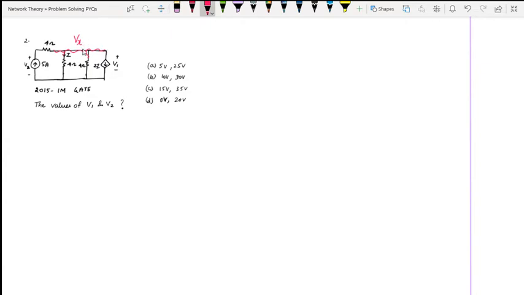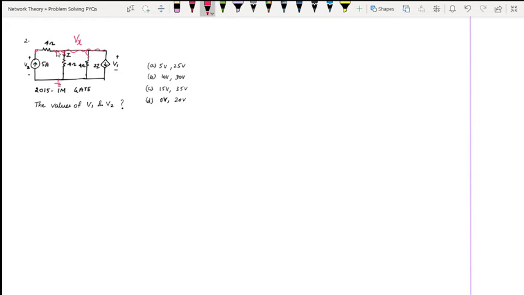So for the Vx node, I'm going to write the nodal equation. This is not a voltage source, so I can't say it's 5 volts or 2 volts, but this is directly connected to the ground, and the effective voltage would be the drop across the 5 amp current source. Because the naming given is V2, I can take the voltage drop at this end to be V2, because V2 is the effective voltage seen at this point.